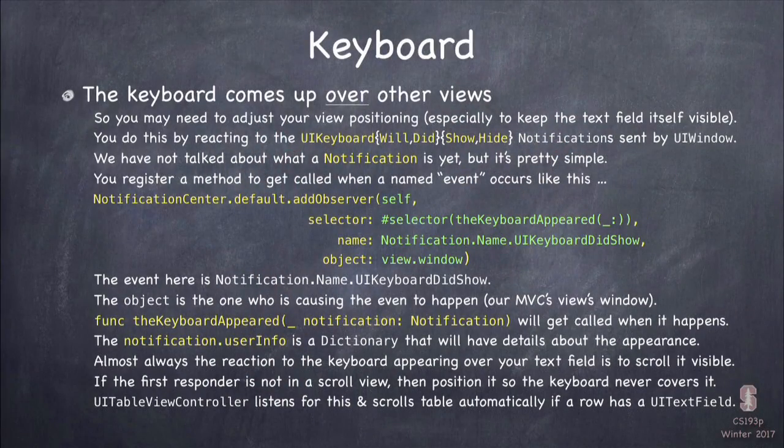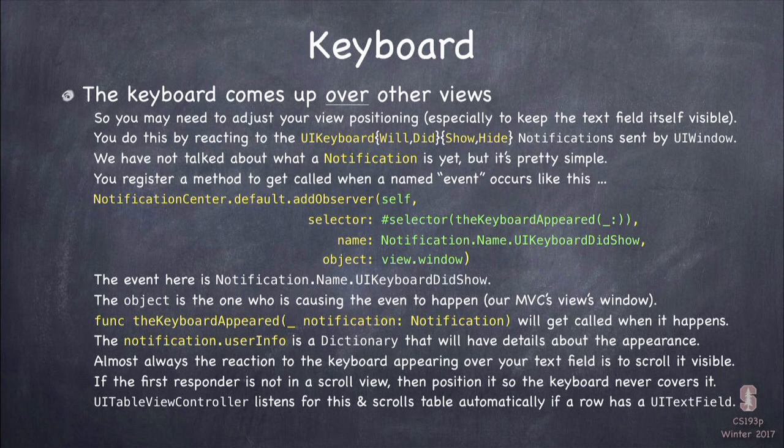So anyway, the way you find out about the keyboard and where it came over is using these observers. You're basically going to observe the window, and the window's going to send you a notification that says, hey, the keyboard just came up, and in the notification it sent you, there's going to be information about the rectangle that the keyboard covers, and you have to move your UI out of the way. Hopefully you're in a scrollable thing like a table view or just a scroll view, but if not, then you just have to set the frame of your super view or something to move that thing up. Because it's your responsibility to make sure that the keyboard's not covering something that's necessary to use your UI.